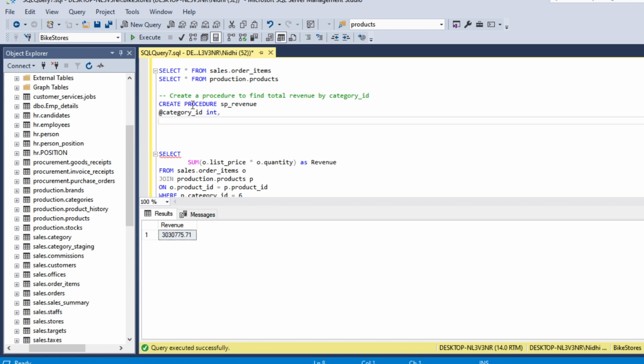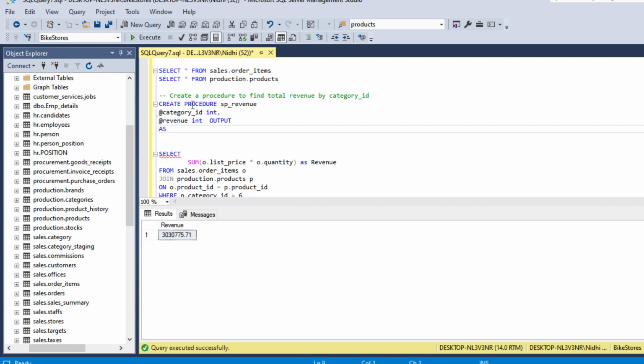Now we need to create one more parameter, which is revenue. This will be our output parameter of type integer, and hence we will use the OUTPUT keyword here, to store the revenue value.